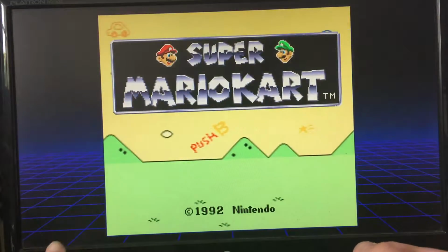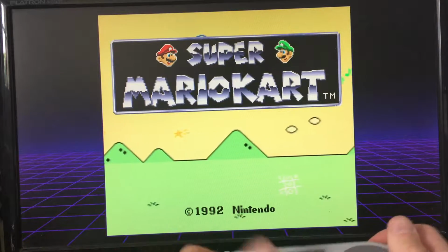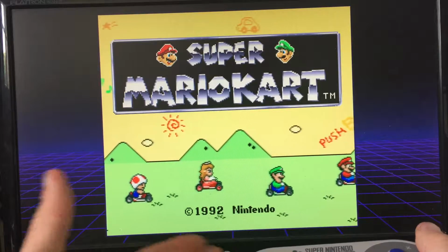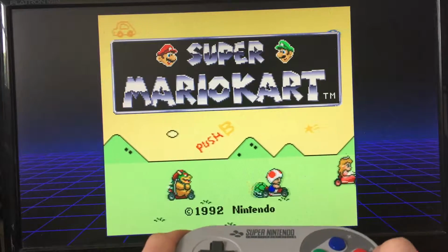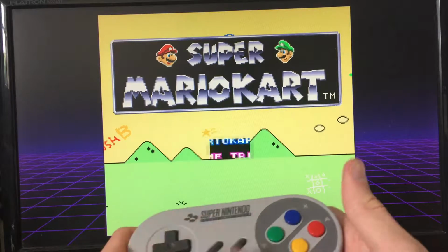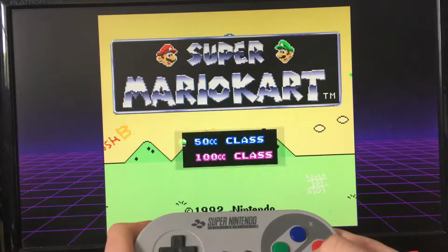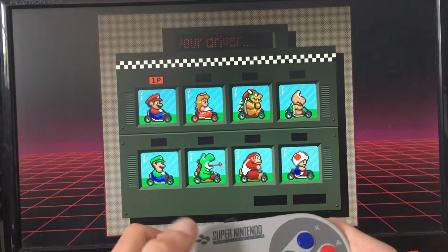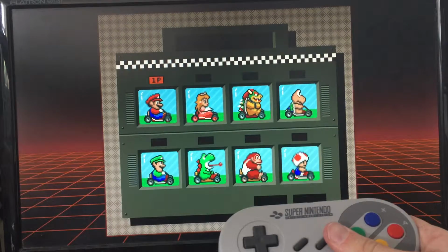And so as you can see, you have your game, and you have the background, your frame. Sorry, there's no sound because my display does not have a sound output, so that sucks. So you can just hit start and then select and play a game. So what I'm going to do is hit the reset button to go back to the